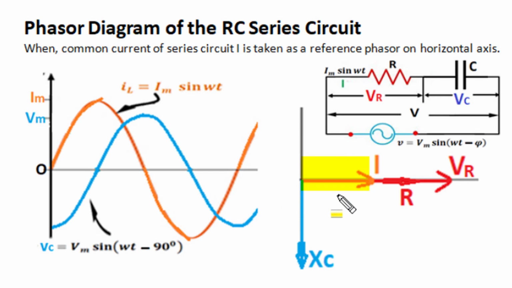And when current is at horizontal reference, the voltage of resistance comes across the resistance line, in phase with current. Capacitive reactance is the property which opposes current flow across a capacitor and demands proportional voltage for current flow. Capacitive reactance is minus j type, or its angular position is minus 90 degrees, as shown here. So the voltage of the capacitor will come across the XC line, and from that phasor diagram it is clear that the voltage of the capacitor lags current by 90 degrees,